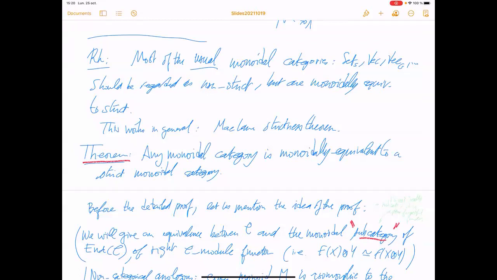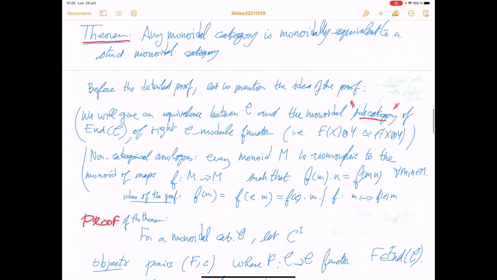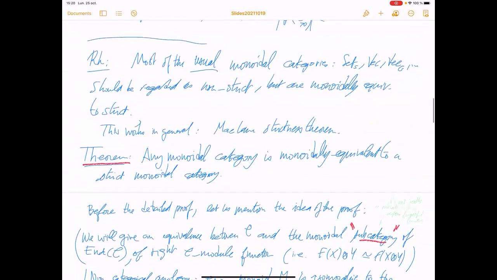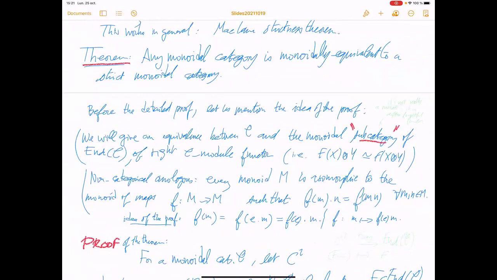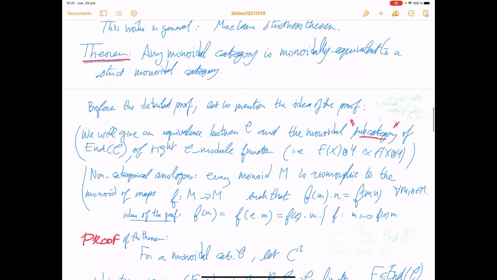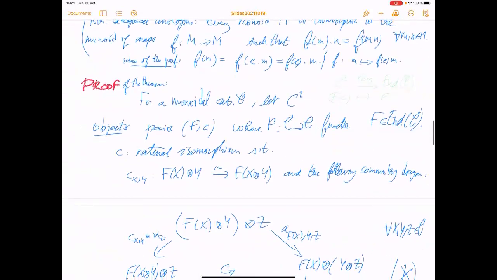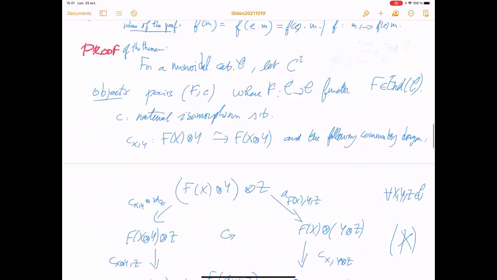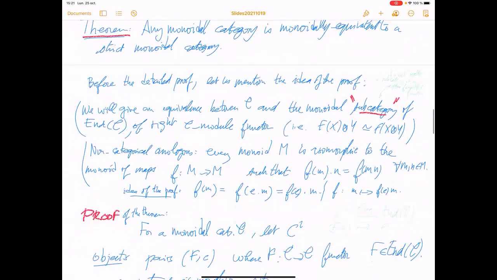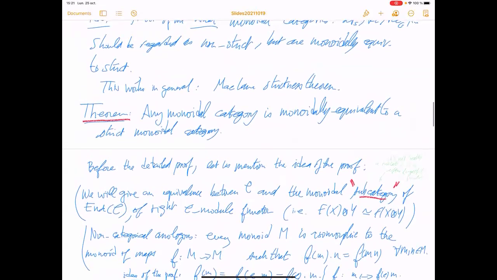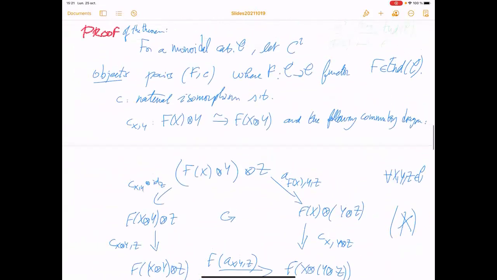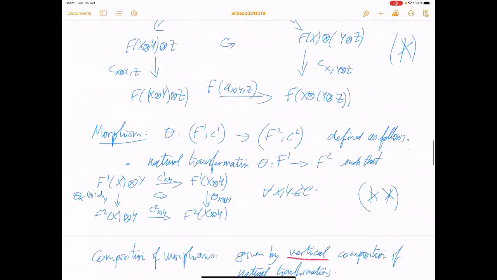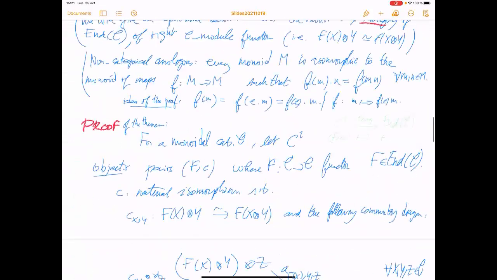So today we will finish proving Mac Lane's strictness theorem. I wanted to put the slide of last week back up and go through it quickly, because we only proved half of the theorem last week, and we need to have in mind some notions introduced at the beginning of the proof to finish it.